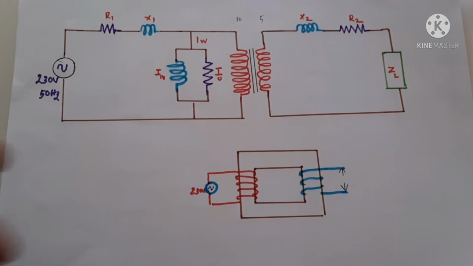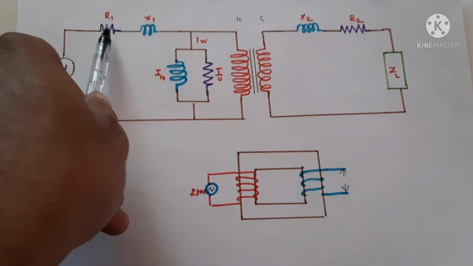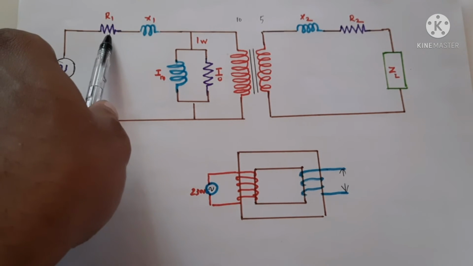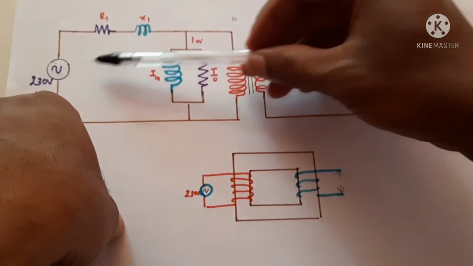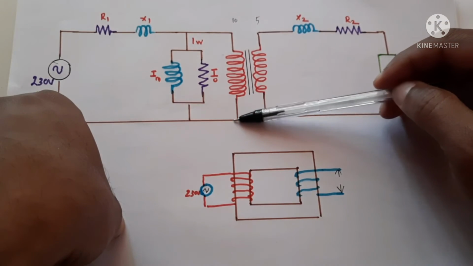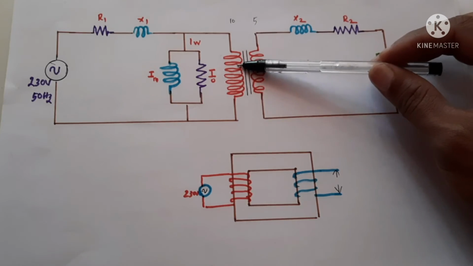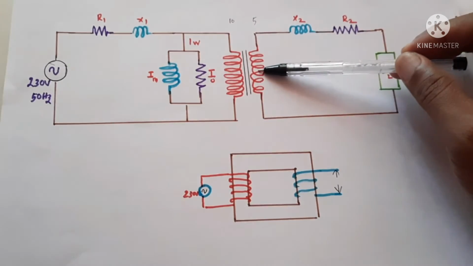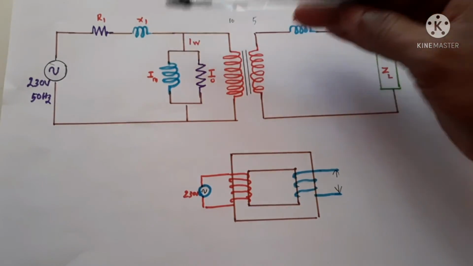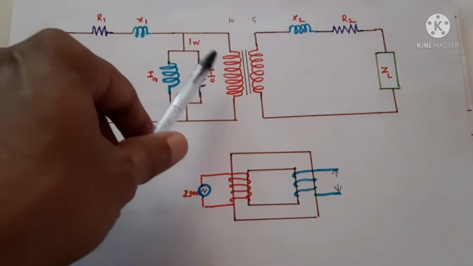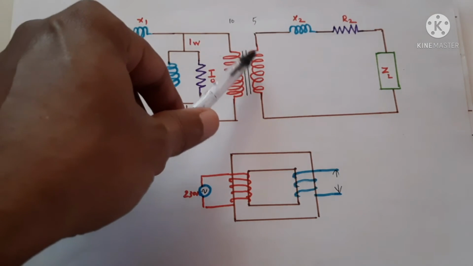Now what about this R0? The R0 means this winding coil has some resistance, a small resistance. Even if this resistance is small, we have to consider it. This is the leakage flux. That means when we connect the input, a current flows through the circuit and a magnetic field is created. All the magnetic field is not linked with the secondary. Some will be lost. In order to show that, we have put this. That means this is the resistance of the coil. This is the leakage, that means the flux that is not linked with the secondary.